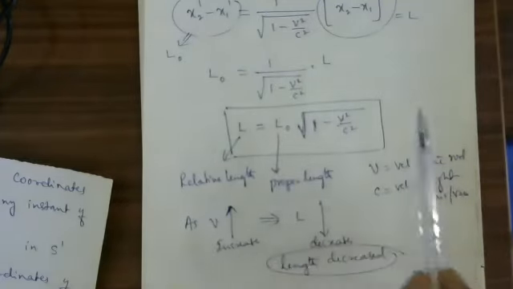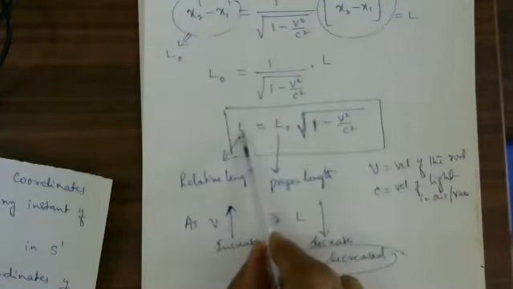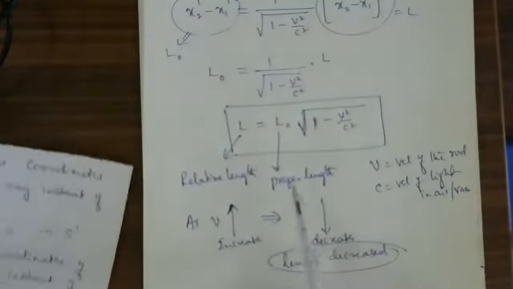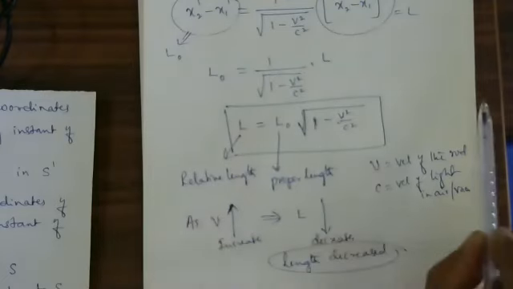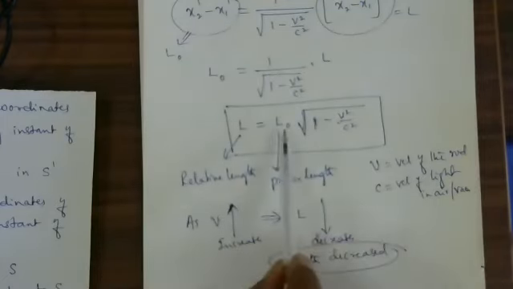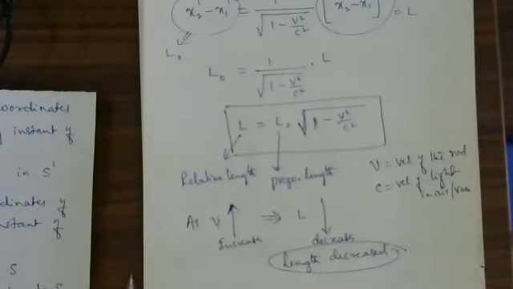The same rod, if you are standing outside the bus and observing it, appears to be L. So a person on the earth's surface, observing a rod moving in a frame of reference, sees it appear shorter. That is the meaning of this.